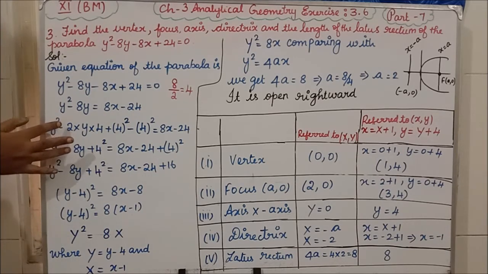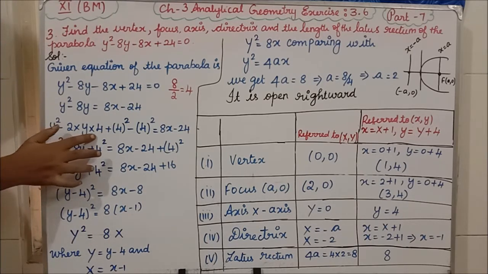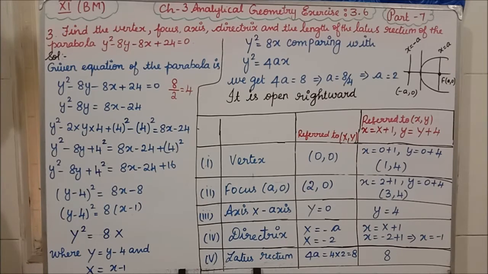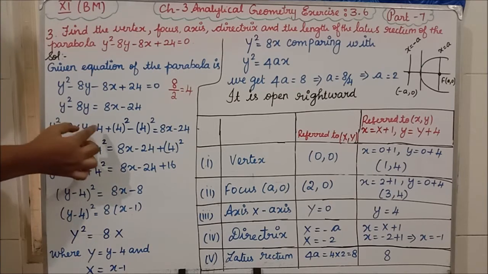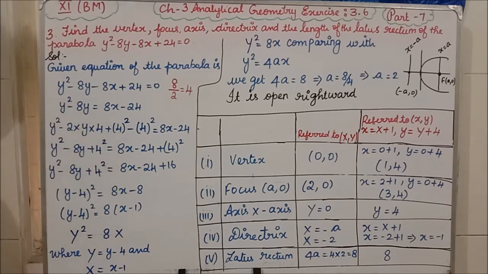See, y square, y is a. The a minus b whole square formula is what? a square minus 2ab plus b square. Now you don't need that also. What I am doing is writing this y square, and I am taking the 8y itself. 8y I am splitting and writing as 2 into y into 4. 2 into y into 4 is 8y only. So when I divide 8 by 2, we are getting 4.